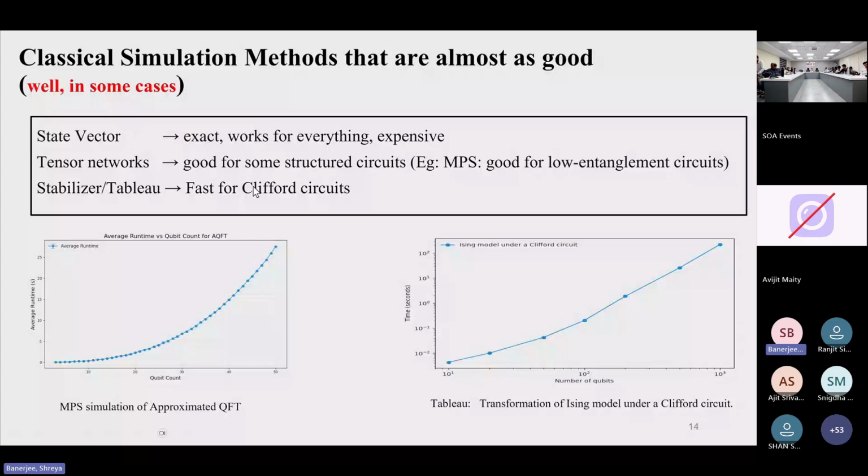Tensor network is popular now, I will say. So tensor network simulation methods are very popular, but they are good if your circuit has structures in it. Here I have an example. MPS is just an example, and this is the example we'll cover today. Actually, we did this in SOA, so there is also something emotional about it. But anyway, this is an approximated QFT simulation with MPS, and you can see that we have gone to